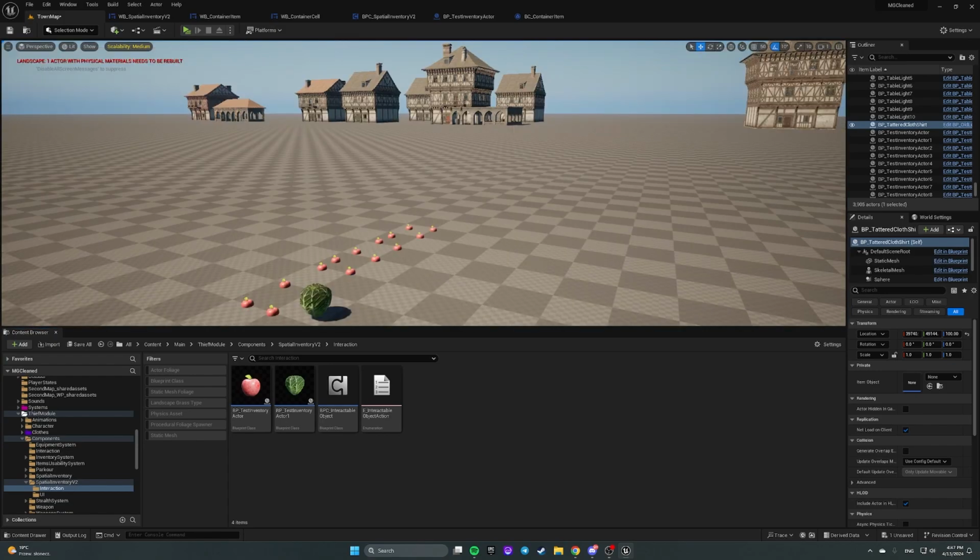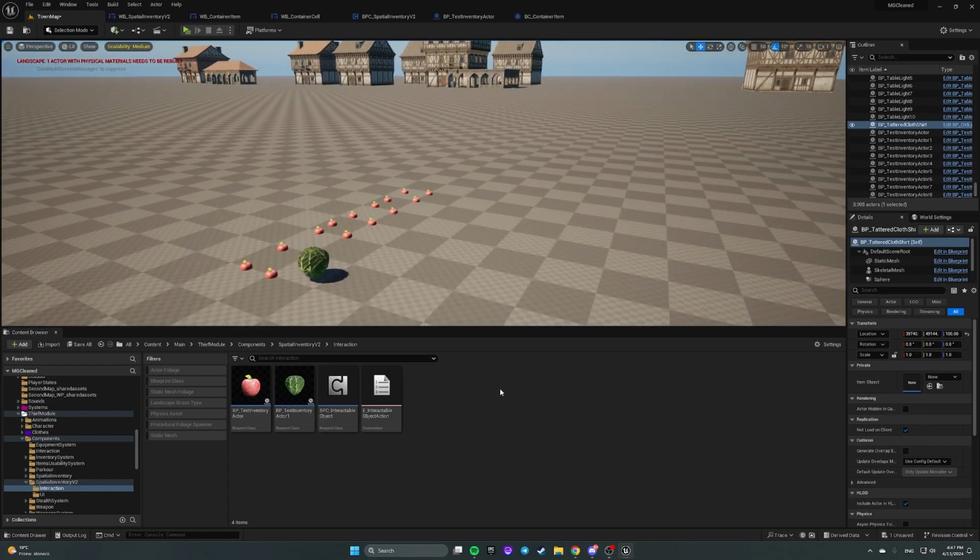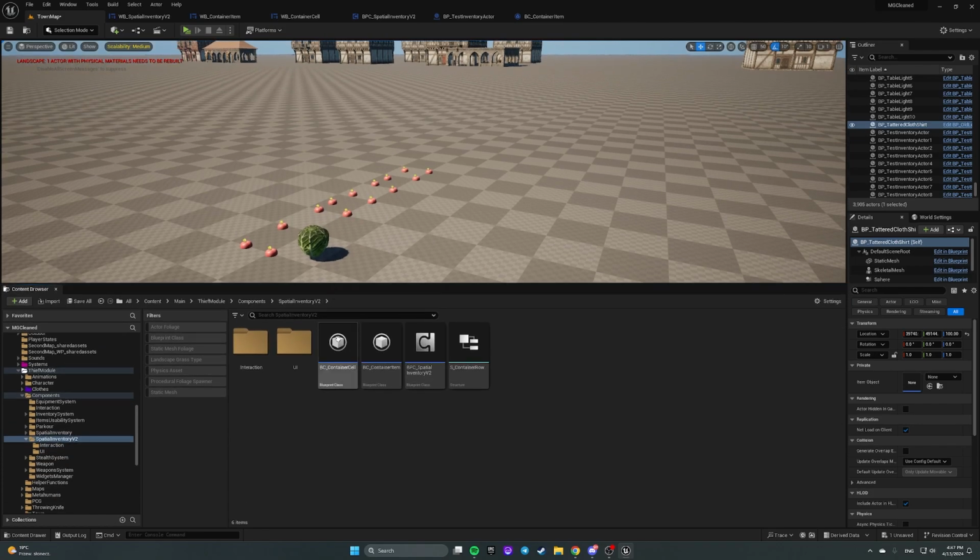Hello guys, this is the next part of tutorial videos, and in this part we will add logic to present some actions that can be done to an item if we right click on it. So let's start. Let's open a folder of our special inventory version 2 in my case, open interactions, and here